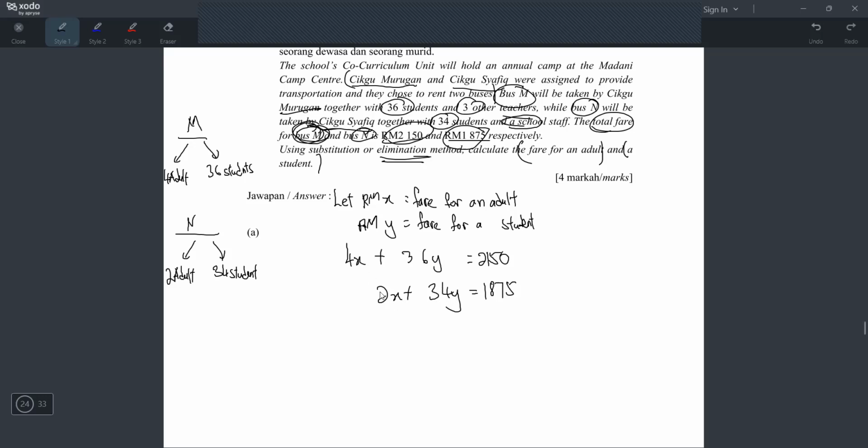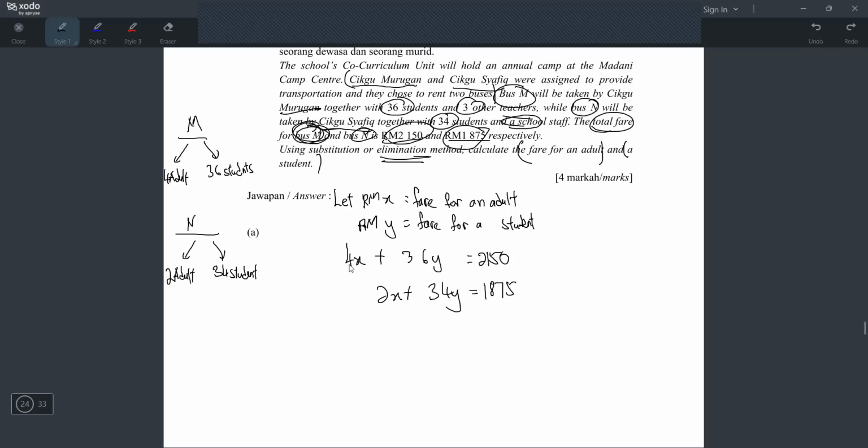Okay, if you samakan perkali X, then you hapuskan X lah. If you samakan perkali Y, you hapuskan Y lah. And you can hapuskan anyone you want first. Siapa you nak hapuskan dulu pun boleh. Okay, tapi saya rasa saya akan hapuskan X. Tapi macam mana hapuskan X? Depan X is 4, depan X is 2. How to samakan the perkali? If tak sama, you tak boleh hapus. You kena sama. So, apa you buat? Most of you will cakap macam ni, times 2, right? Okay, boleh. Betul juga. Betul. Saya tak kata salah. Betul.